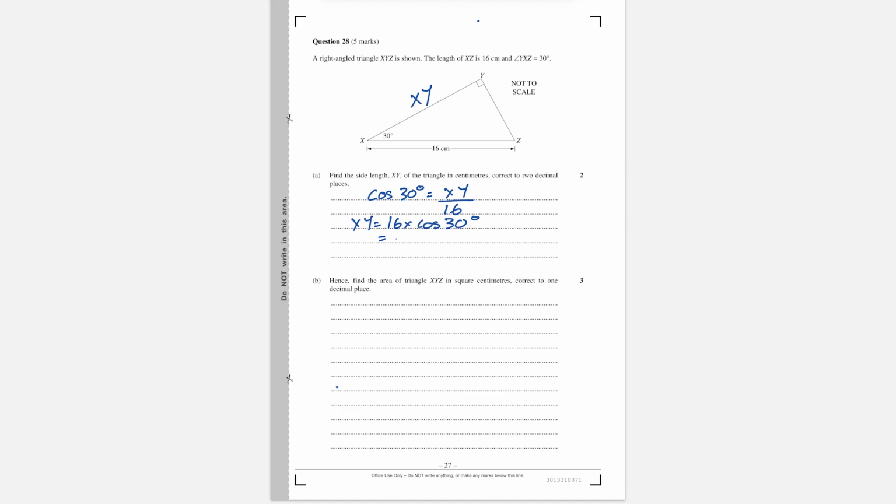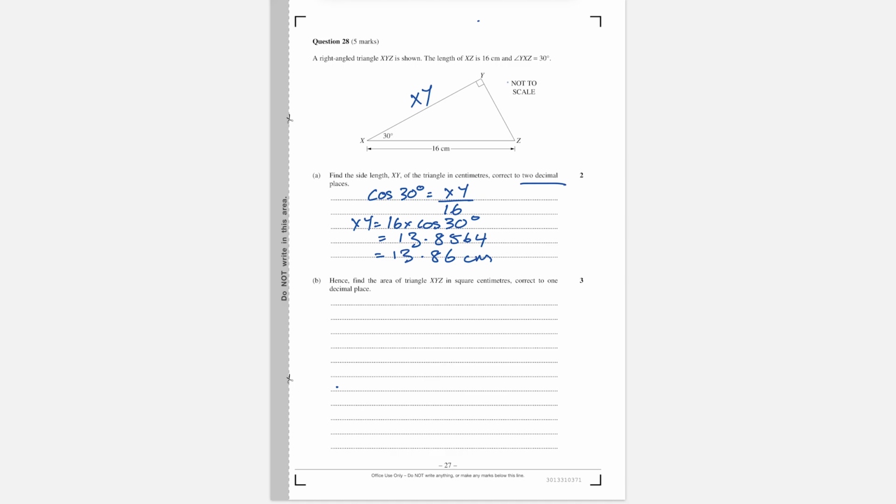So cos 30 times 16, 13.8564. And we want it corrected to 2 decimal places. So 13.86. And it's a side length, so we want to say centimeters as our units. Hence, find the area of triangle XYZ in square centimeters correct to 1 decimal place. All right, so